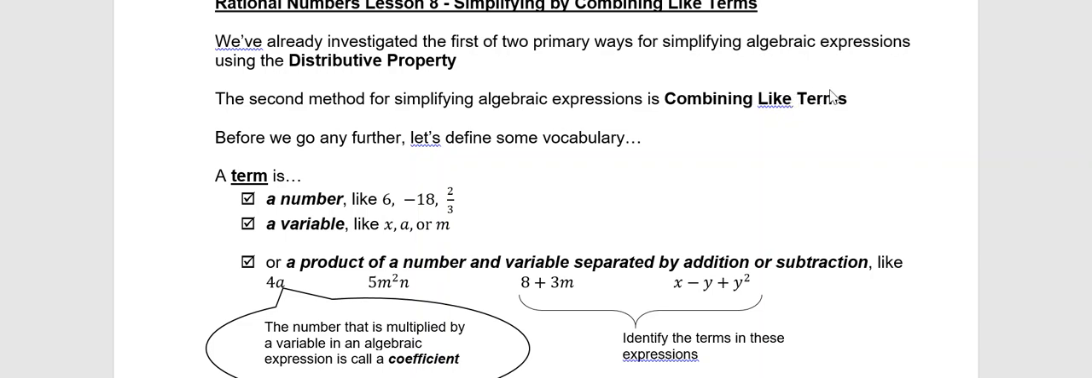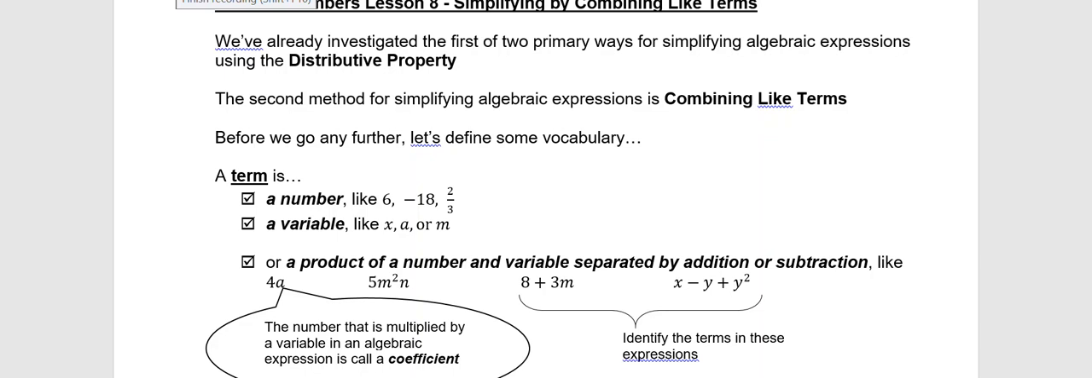So we're continuing our discussion on simplifying expressions, and we've already talked about the first of those two forms of simplifying, which is the distributive property. That's going to be a key concept that we use a lot throughout this year, particularly when it comes to solving equations. We'll need to simplify by distributing, but we'll also need to recognize when there's opportunities for us to simplify by combining like terms,